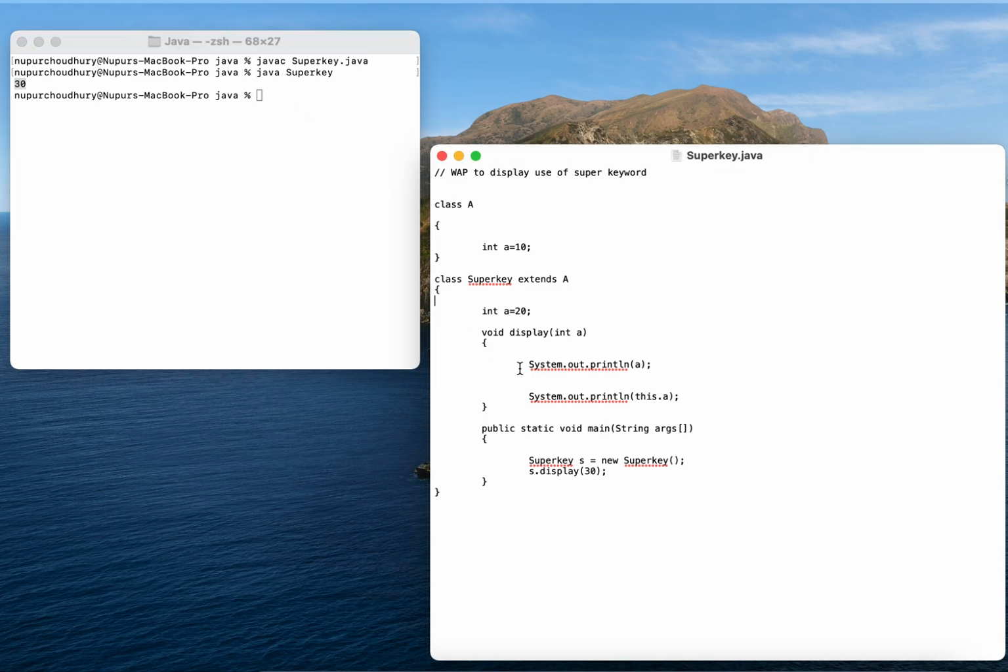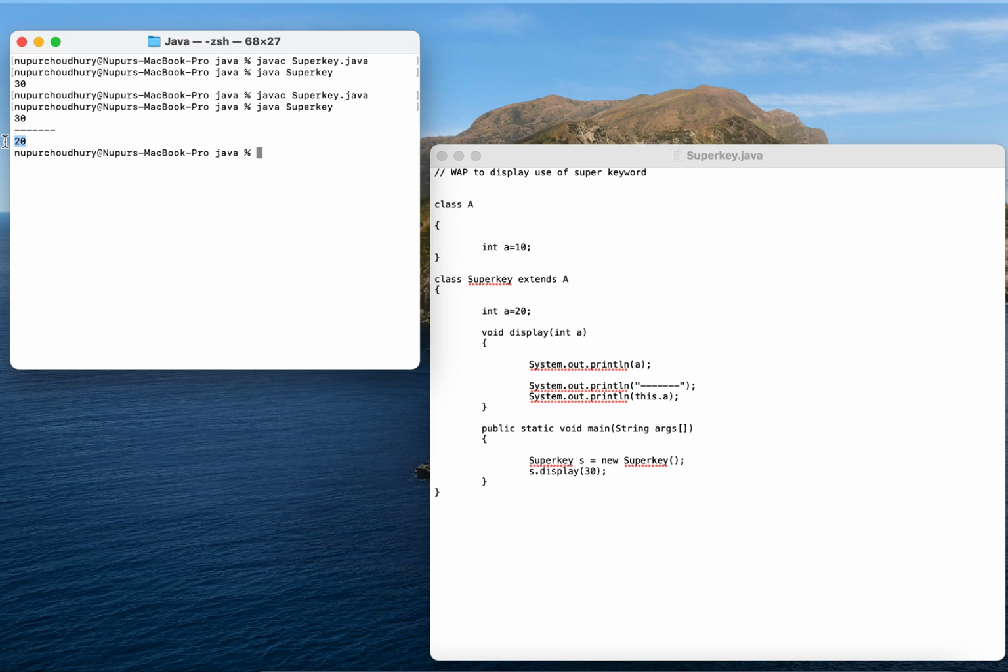Okay, so I'll include one more line here which is basically a separator, because if all of them are clumsy then it will be difficult. See, the next statement which I have, which prints the value of a, uses the reference variable this, so it is pointing to the current class instance variable, which is 20.